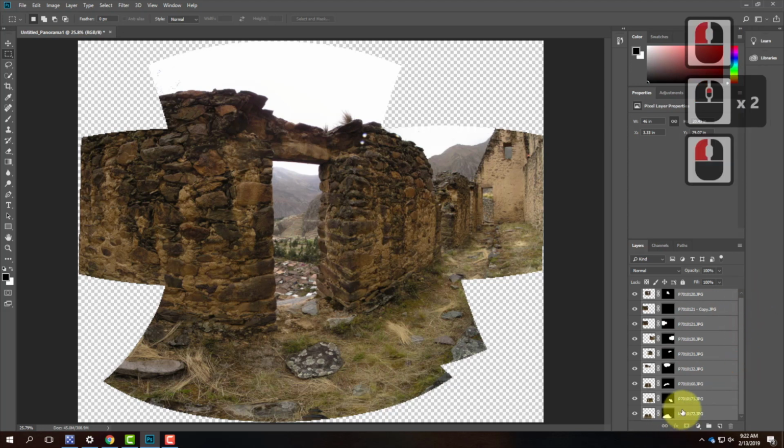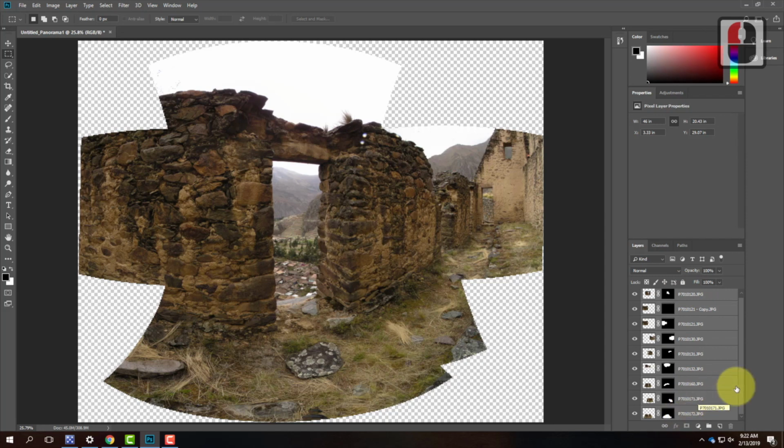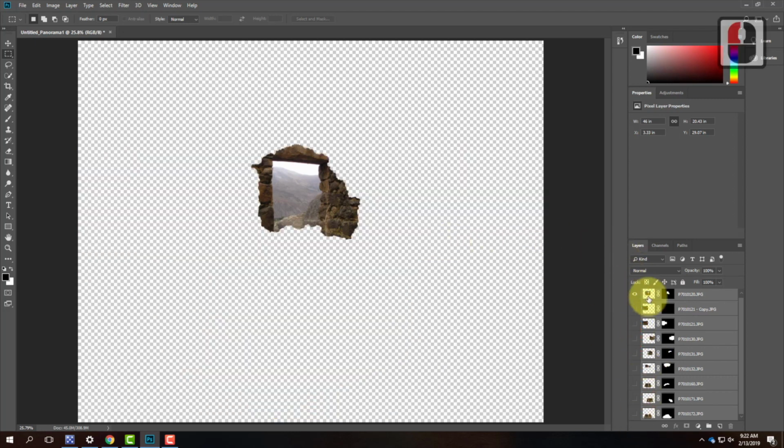So Photoshop gave me a bunch of layers. There isn't a background layer anymore. It's a bunch of individual layers. And each of these individual layers has a photo on it and then also a mask applied to it. So there's two little things that it's showing. So let's jump all the way. I'm going to turn all of these off for illustration purposes, and I'll start with just this image right here. So the image itself,